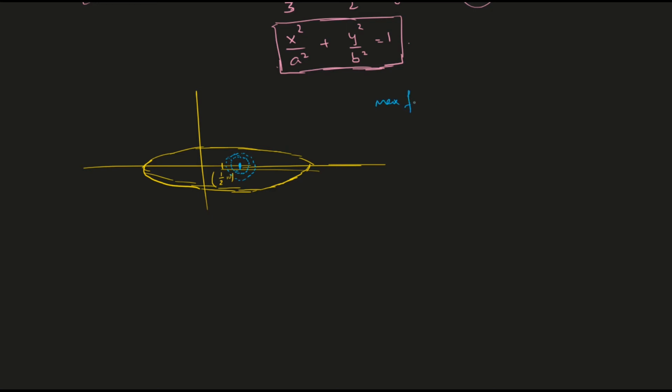So I need to maximize my objective function. So I need to maximize f. That in turn means that I need to maximize the value of k, which in turn means that I need the maximum radius. So the circle that I have must have the maximum radius such that it must satisfy my given constraint. And my constraint is this elliptical region and all the points inside it. So if I keep on increasing this radius, I keep on increasing the value of k, which in turn means that I keep on increasing the value of the function, and that's what I want. I want to maximize it.